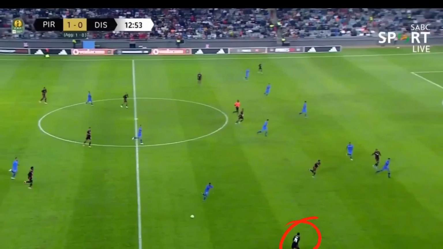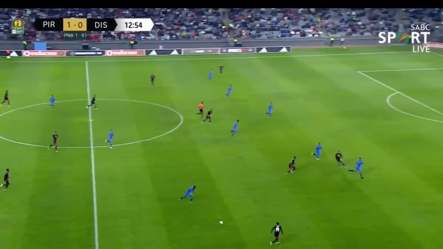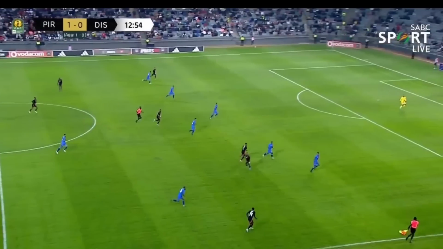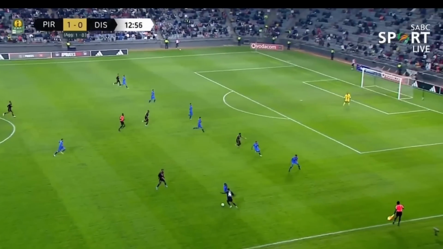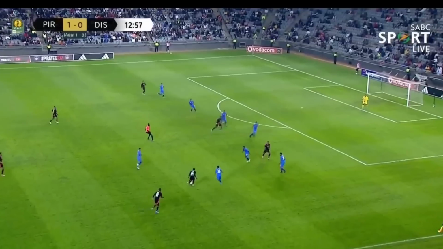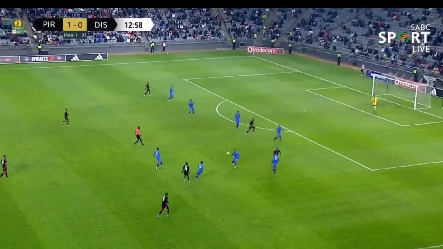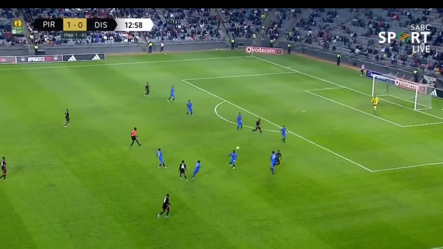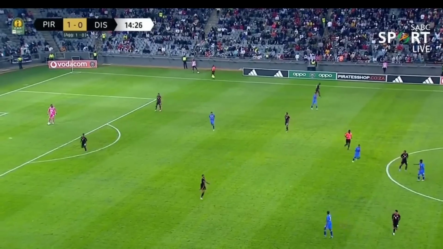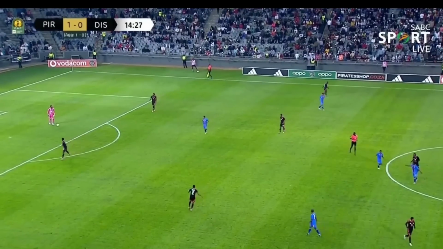Look at where the pass goes to that guy who is free, not marked by anyone, and now he gets the ball. But look at what happens. Once again, there is someone who's dropping to receive the ball. But when that happens, it also opens the space for Salem, because now they're like, where is that guy going? And Salem can play the ball over the top, but unfortunately it doesn't happen.